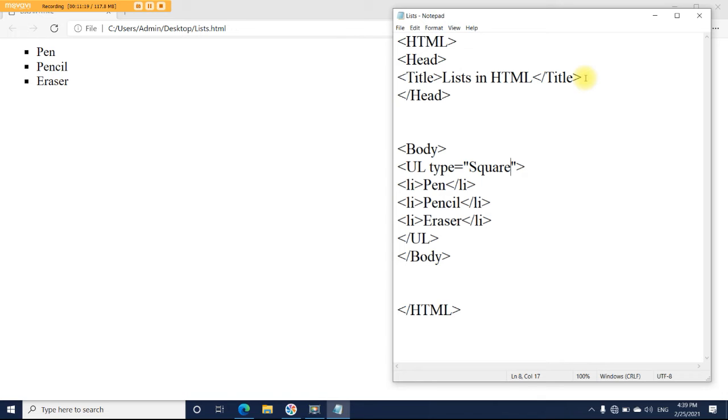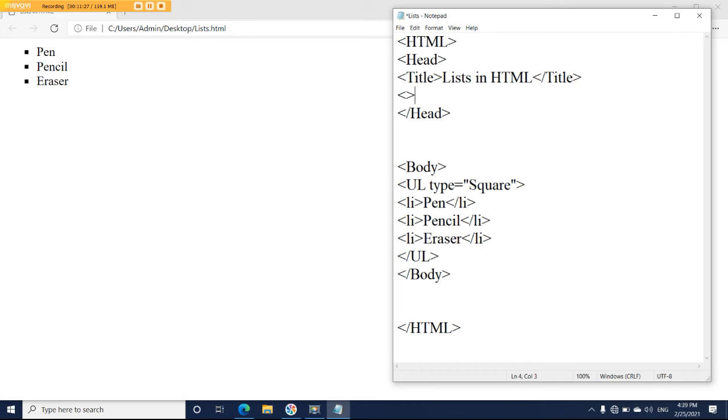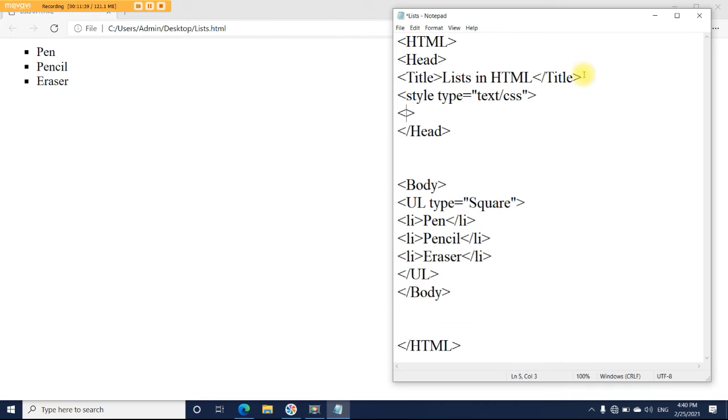So let's add CSS. In this program, we are going to add internal CSS. So I'm going into the head section and I'll add a style tag. Style, type is equal to text/CSS. Close the style tag.